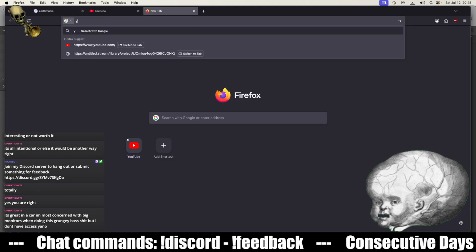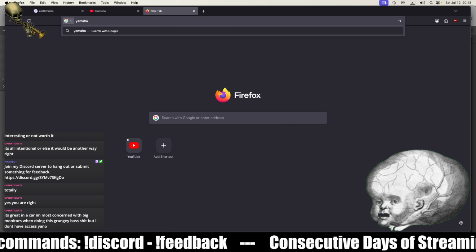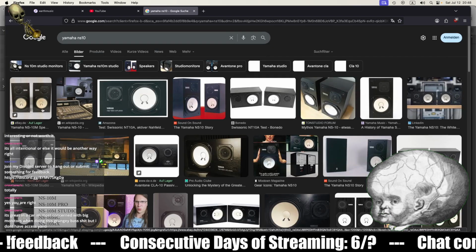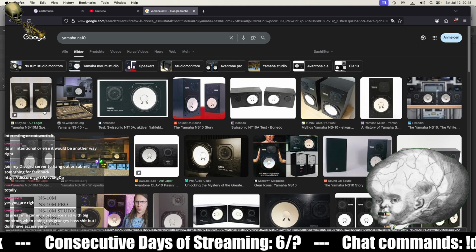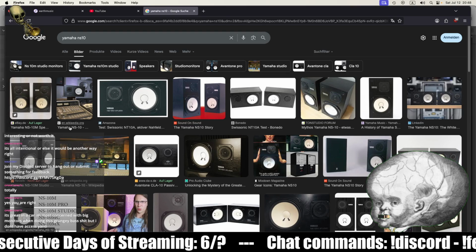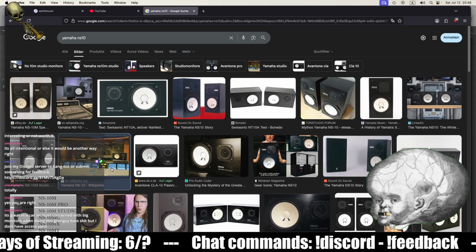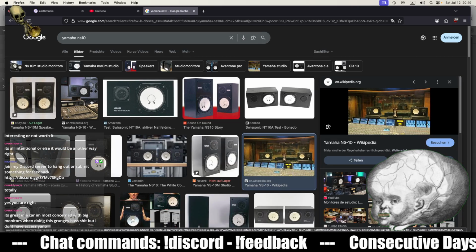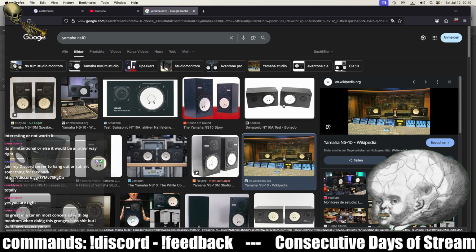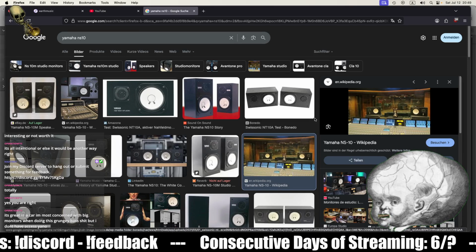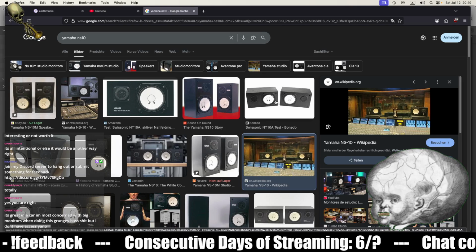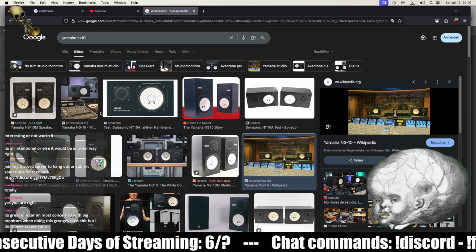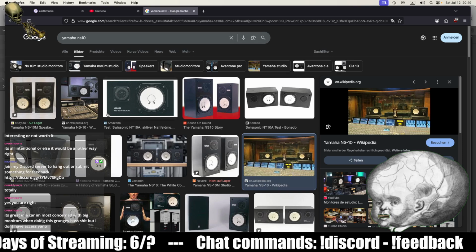There's a reason why the Yamaha NS10 speakers are basically legendary, and there's barely a studio where you don't find them. And the reason for that is these speakers, they are not that great. But if you can manage to make your mix sound great on them, you can be sure that for the most part on big systems your mix is also going to sound good.